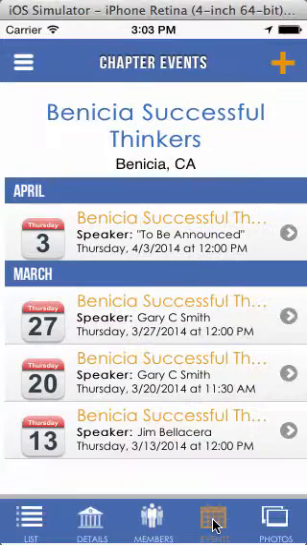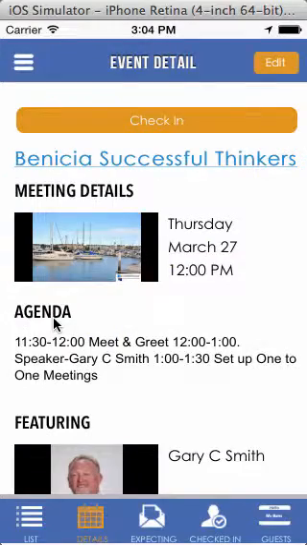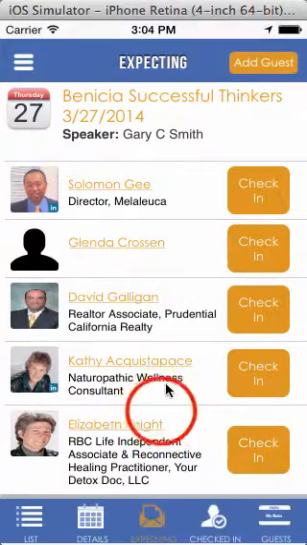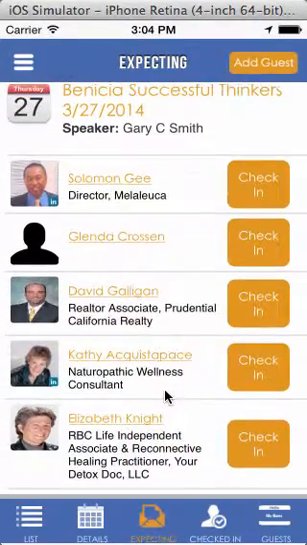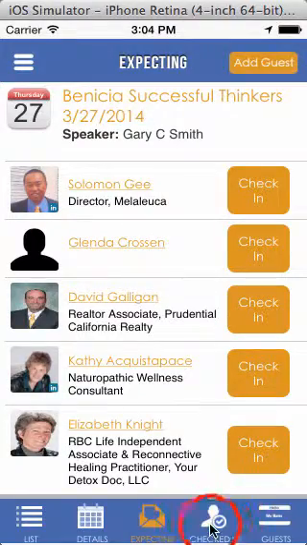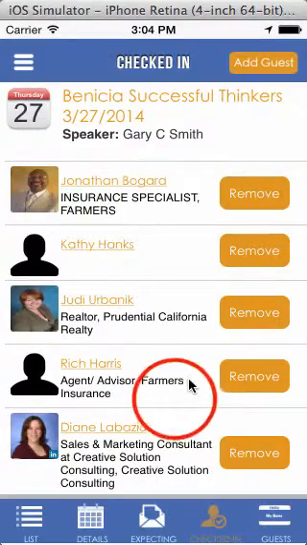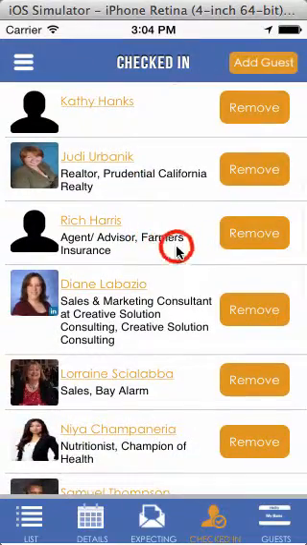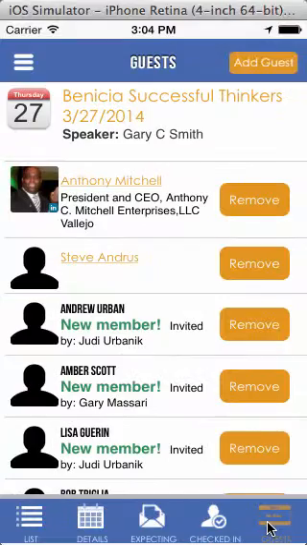The event details. The events that you see are events that I've actually attended, and because I attended them and I checked in at them, that means that I have access to the information that y'all see here. So I'll go backwards in time. I'll click on this one, and I can see who was expected to come in their list that had not checked in that day. But those people who did show up and check in, you can see who they are, and then who the guests were by clicking on the guests.